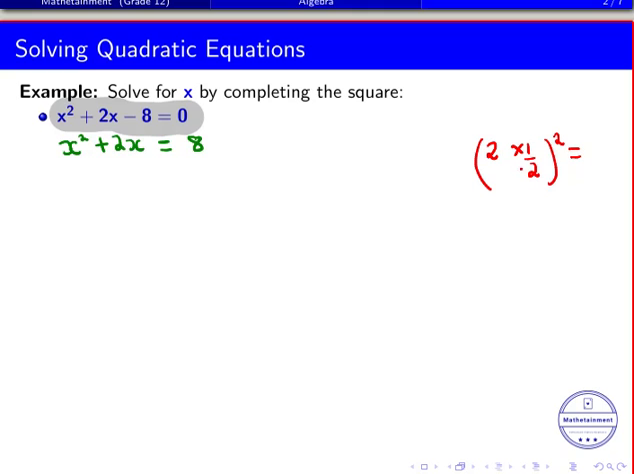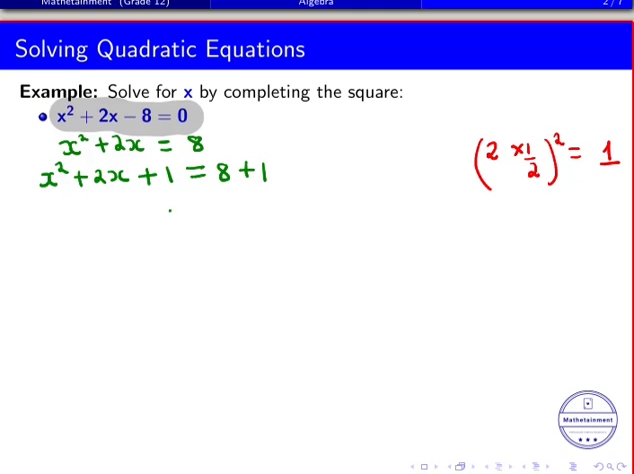2 times 1 over 2, that is 1. And 1 all squared, that is 1. So the result there is 1. Take the coefficient of x, multiply it by 1 over 2, square the product, and add it on both sides of the equation. So now you see that the result that I come up with there is 1. So now I will come back to my equation and have x squared plus 2x plus 1 equal to